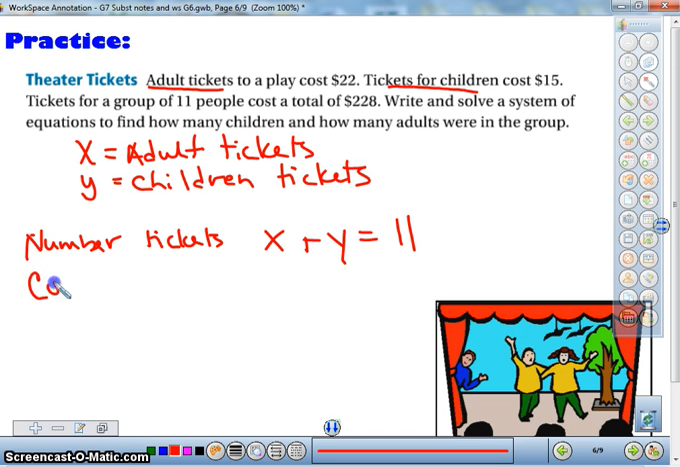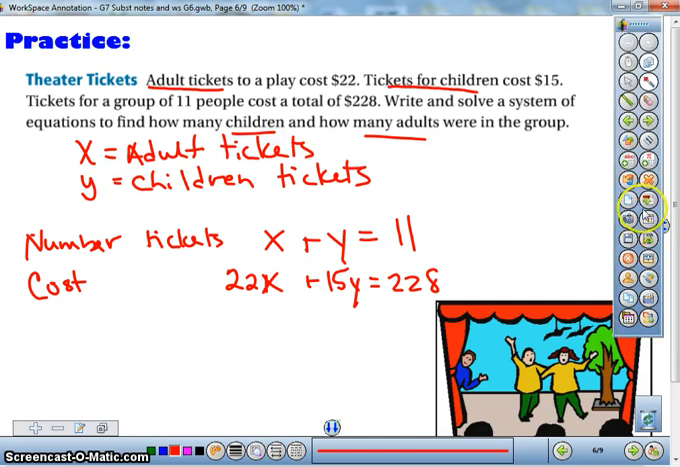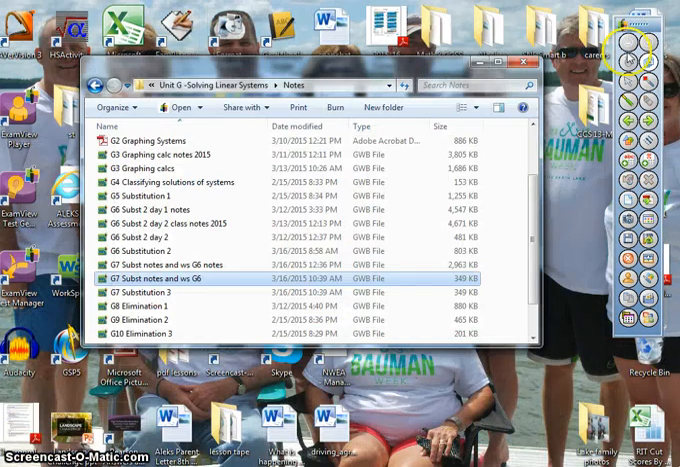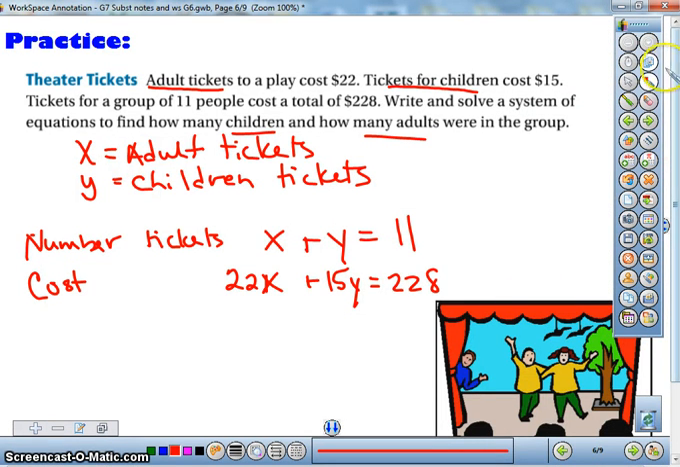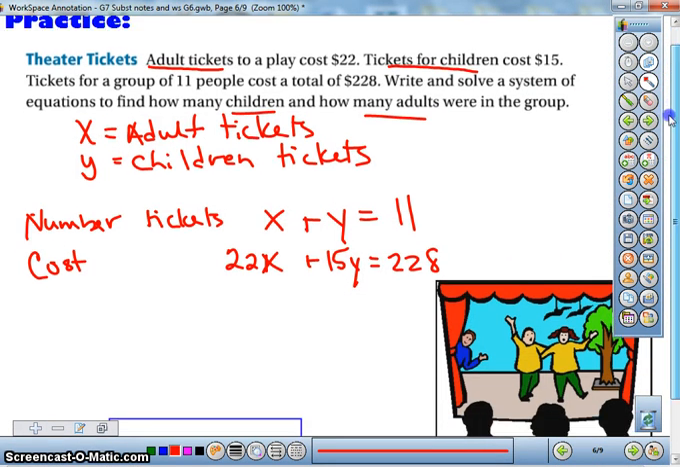Then we want to look at the cost. What is the cost of our tickets? This one we are going to solve today. We have 22 for the adult, so 22x, plus 15y equals 228. And the question said, how many adults and how many children are in the group? So if we look at this problem, we want to now